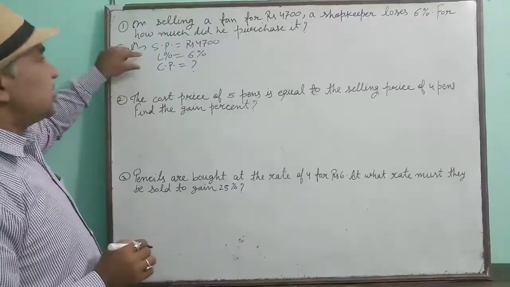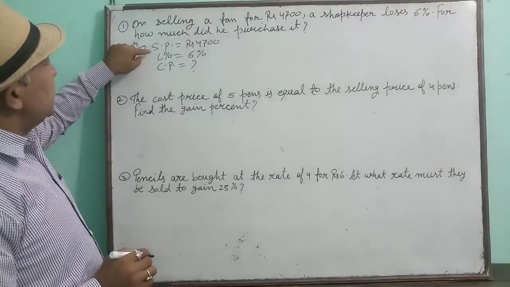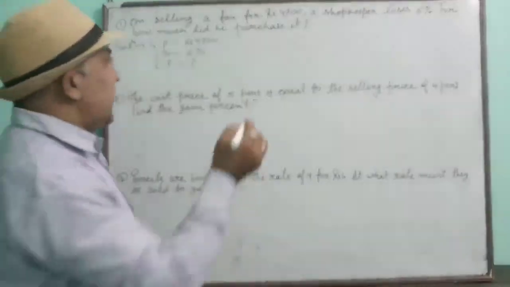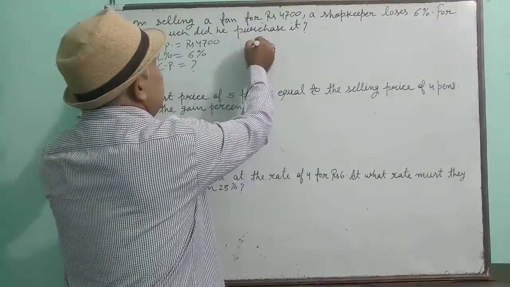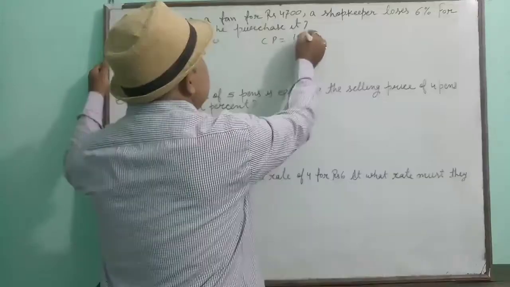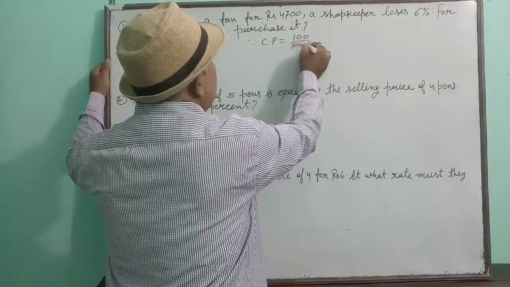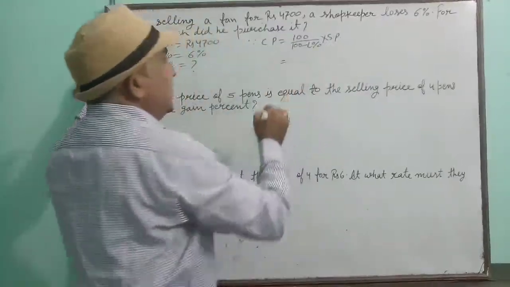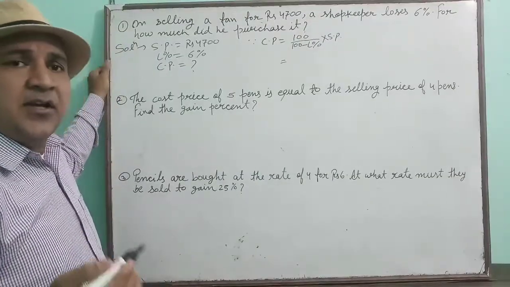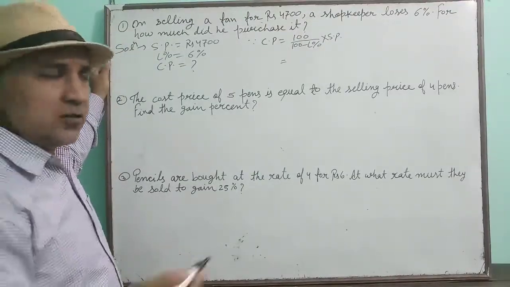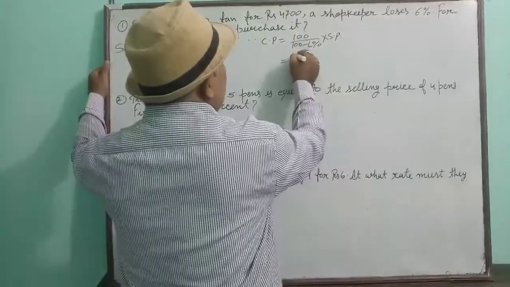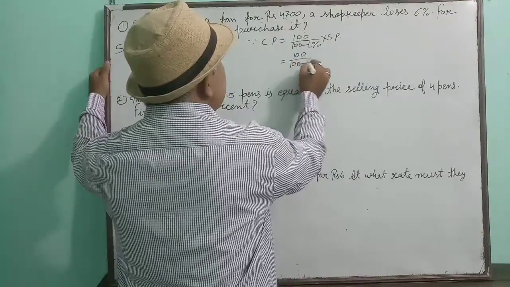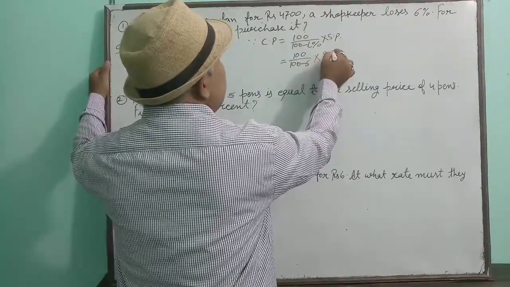You have studied this type of formula in which selling price and loss percent is given, then you can find the cost price. See here, this is the formula. Cost price is equal to 100 upon 100 minus loss percent into selling price. Children, the question will be very easy if you have learnt all the formulas. So see here, put the value: 100 upon 100 minus 6 into selling price,